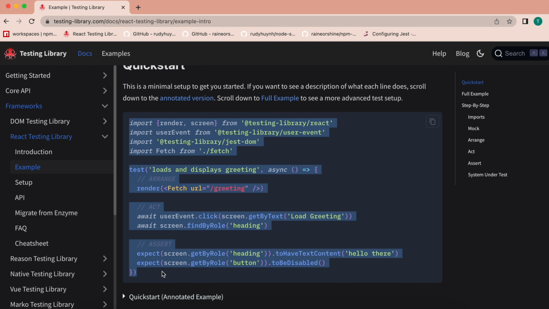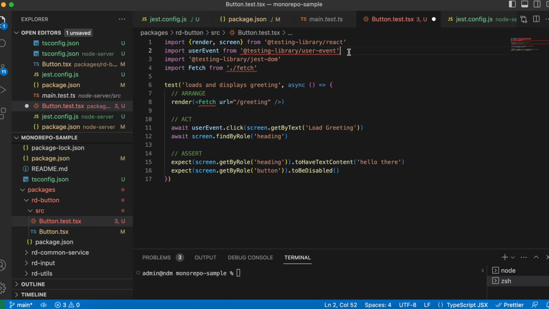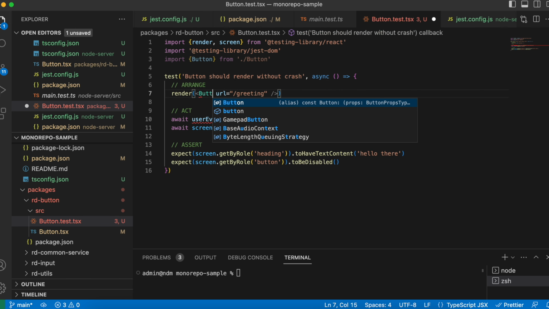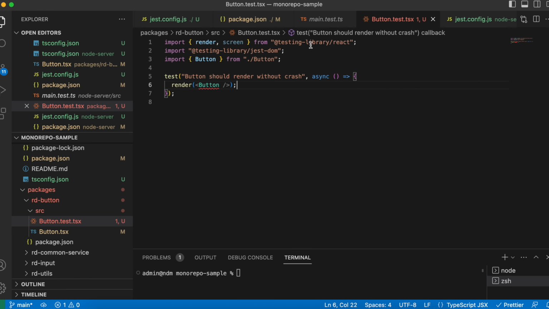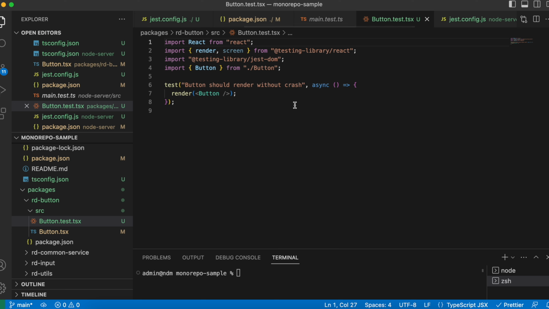I'll just copy the code example. Let's remove this one, import the button, and for this test we will test that the button should render without crashing. Okay,